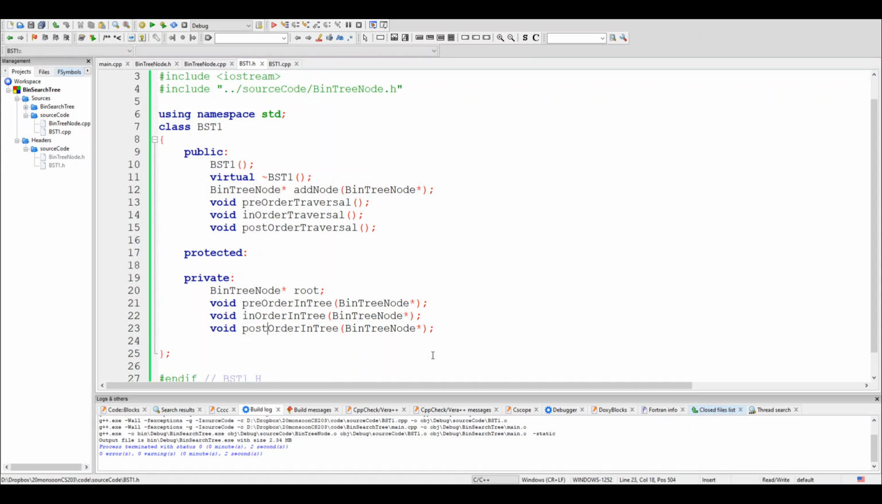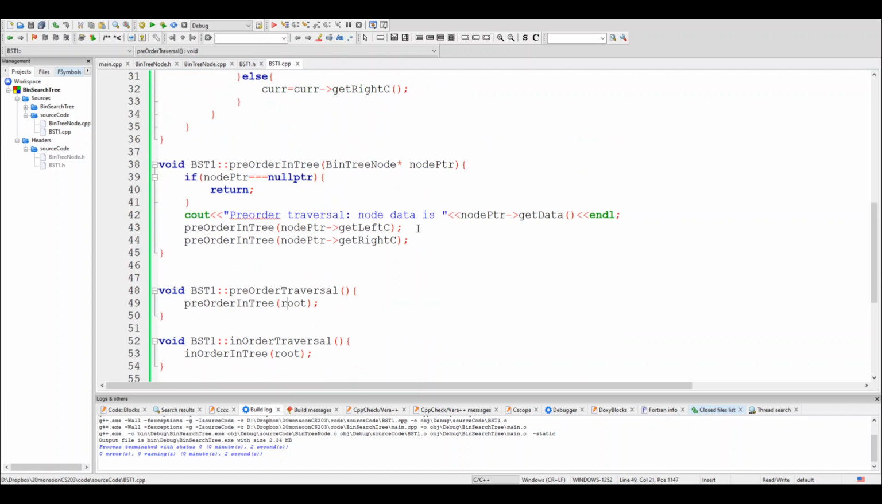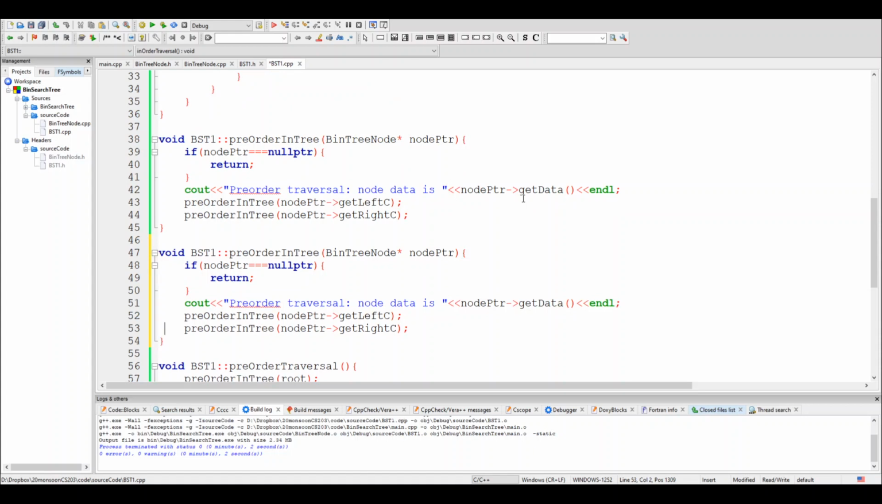Okay, so we have three public functions available for the client code to do the traversal of the whole tree, and then inside we have three private functions to do traversal from any node of the tree. Now let's implement these remaining two functions, and they are pretty easy if you have done the pre-order already. So now I'm copying this, pasting this,